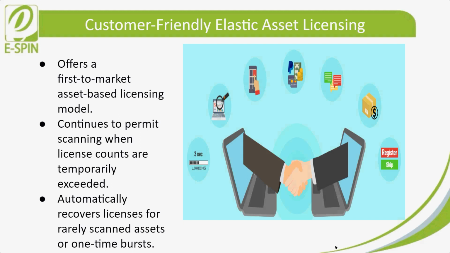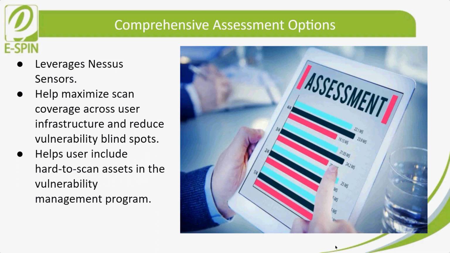Okay, second one is comprehensive assessment option. Tenable.io leverages Nessus sensors, a mix of active scanner, agent, and passive network monitoring to help maximize scan coverage across user infrastructure and reduce vulnerability blind spots. This mix of data sensor types helps users include hard-to-scan assets in the vulnerability management program, such as transient devices analyzed by agent and sensitive systems like industrial control systems, which can be monitored through passive traffic